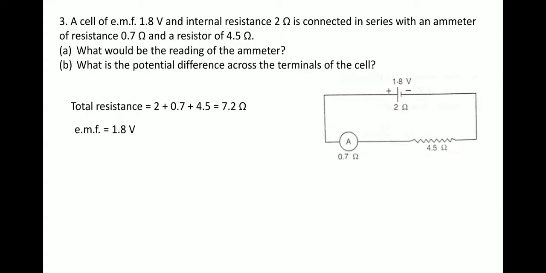Also from Ohm's law, V is equal to IR. So I is equal to V by R. Why? Because the EMF is given, potential difference 1.8 volt, and the resistance is 7.2 ohms. And we need to find out the current, how much it flows. So if you put the value,